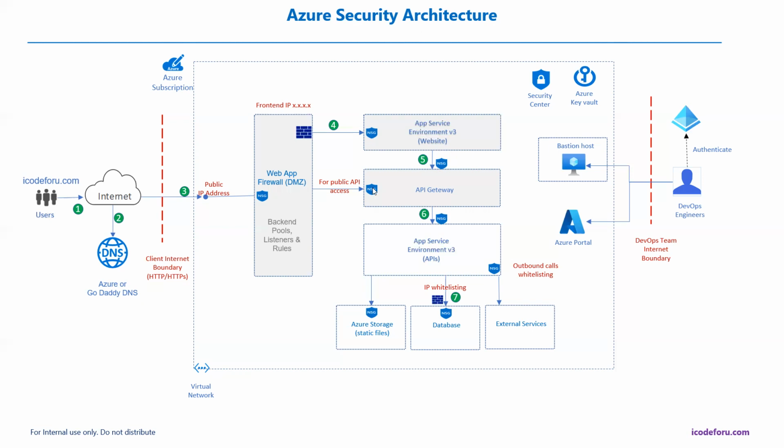So as I mentioned, we are going to have one network security group here, one network security group here, one network security group here. And in each network security group, we are going to configure the IP addresses of who is accepted and who is denied. So those firewall lists will be configured in the network security group of each service instance.